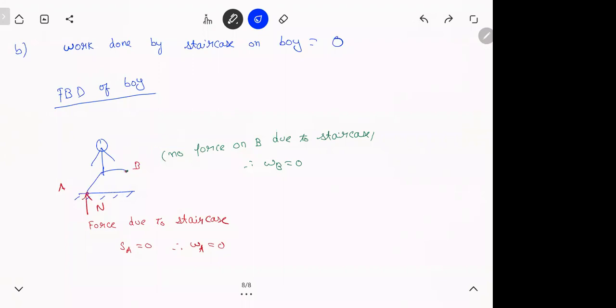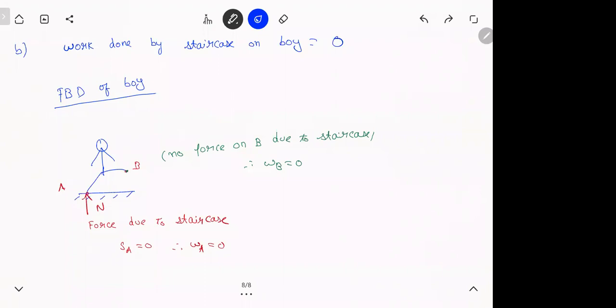So the catch here is you're neither doing work, nor getting any work from the staircase. Then why are you climbing? You know what you're doing? Your legs, the muscles are acting like springs. You're using your internal energy to compress these muscles, which are generating that force to climb. That's why you get tired when you climb. It is because of your own internal energy. But when you stand on an escalator, you don't get tired, but the escalator still takes you up. So in that case, the escalator is giving work to you.